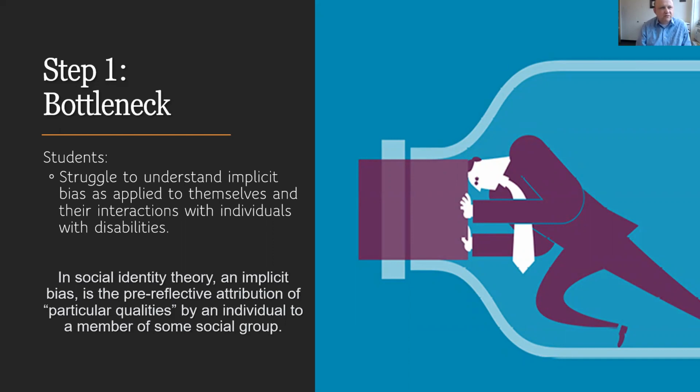By and large, this course I've taught for 4 or 5 years, and the students in this course cannot see their own implicit bias towards individuals with disabilities. And they cannot understand and see how perhaps their own biases are impacting the way they work with individuals with disabilities. And so this really is that bottleneck. They cannot see that they have bias against individuals with disabilities when they say to themselves, but I love people with disabilities. That's why I do this profession. That's why I work where I work. That's why I do what I do.